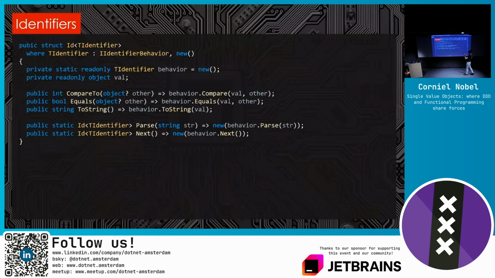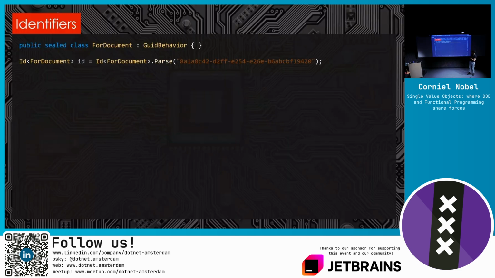But if you have a generic ID as a struct, then you can do things like this, saying I have an instance, a static read-only, so basically a singleton that actually does the behavior for me, and then the behavior does the compare, the equals, the toString, etc. And then I have my ID for whatever, and then I can state with global usings that this generic should be referred to as document ID. Again, with generators, you don't have to do that. But,